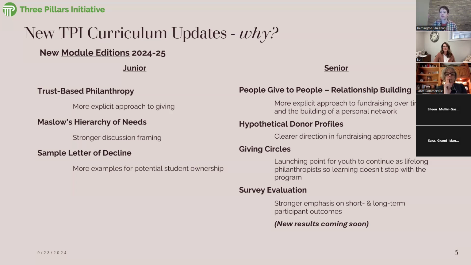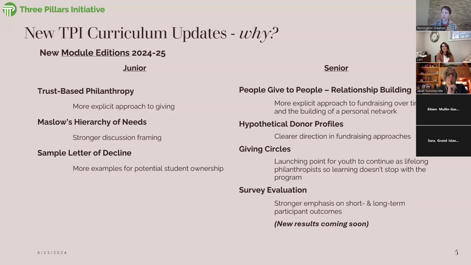And it's more general than the letter of decline. There's a lot of stuff in there, so please feel free to look through. Please feel free to personalize, but for the most part, it should be just templates that you can give to the students and say, here's how you reach out to organizations for setting up site visits. Here's how you reach out to whatever it might be. We want you to be able to give the ownership as much as possible to the students in a way that doesn't require more work from you.